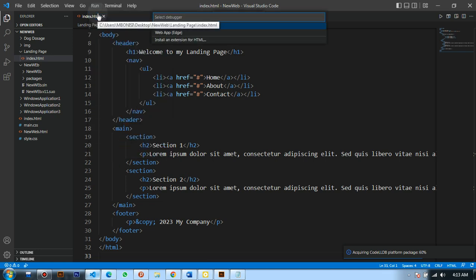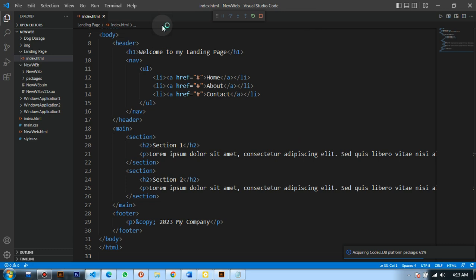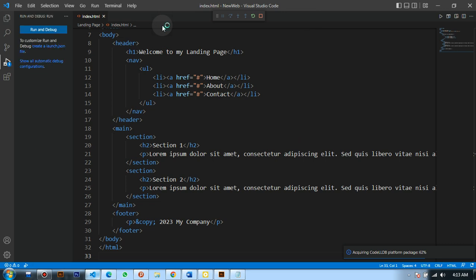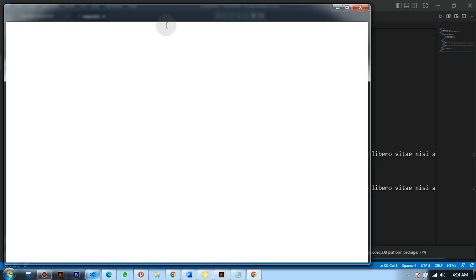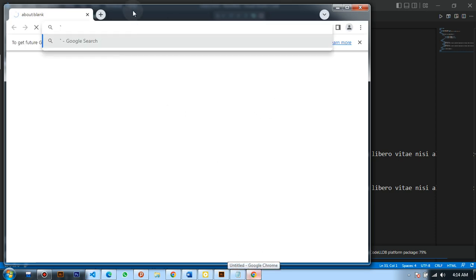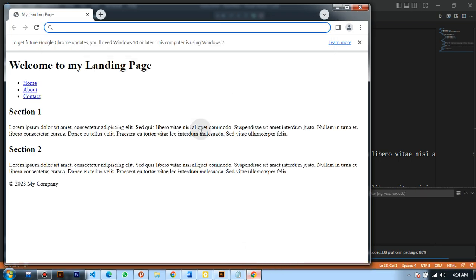index.html. Okay, so let's try to run this piece of code before applying CSS, so that we can view it on Google Chrome in our browser. Let's wait and see. The web page you've shown, let's wait for it to show. Okay, this is just the basic one, which has been designed